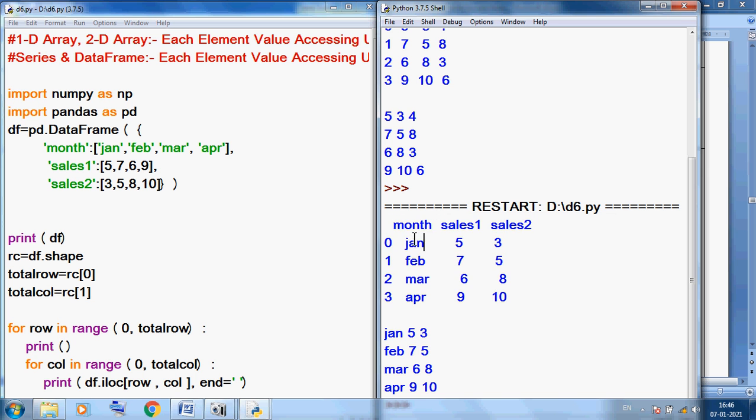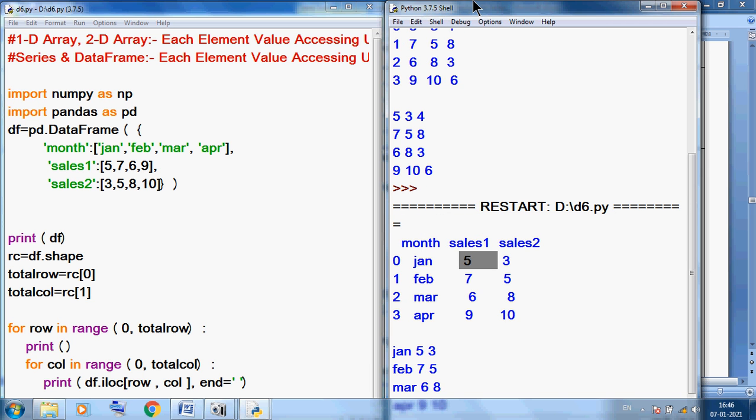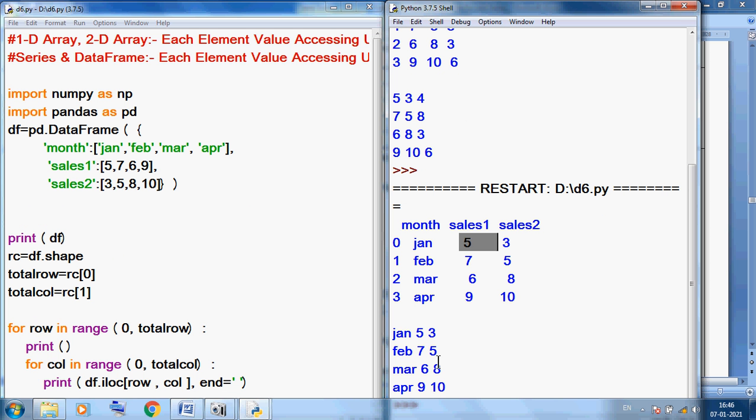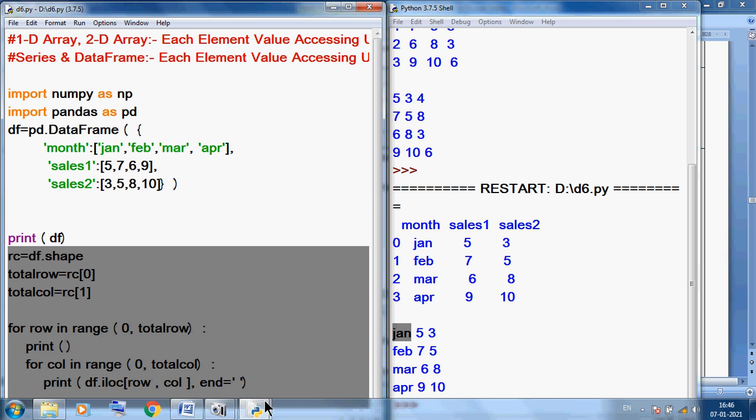But I want to display each and every value one by one, as you can see in the last output. So for this output I want one by one, I am using this code. So first we use